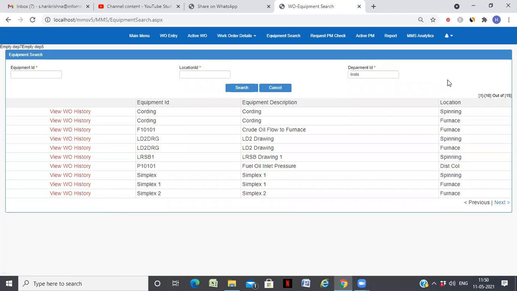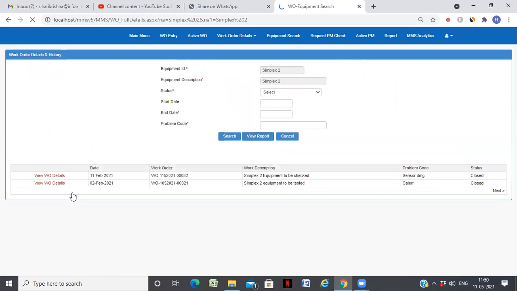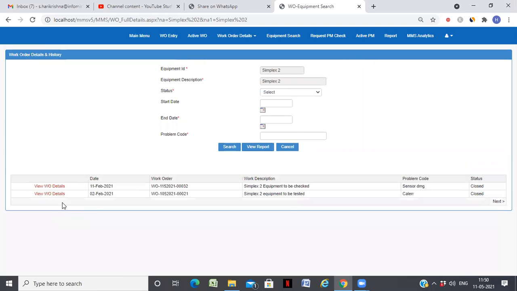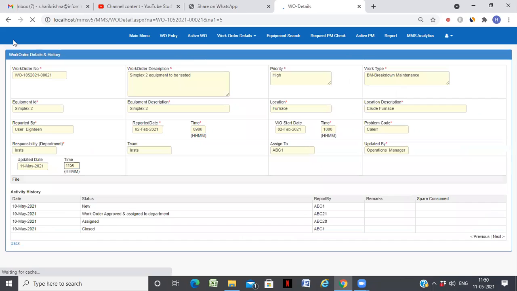After I've updated all the equipment status, I can now go and check the status in the equipment search. You can see various equipments are there. For example, let us take Simplex 2. There are 2 work orders which have been issued and both their statuses are closed. I can click this to see what has happened, what the history of the work order is and all.